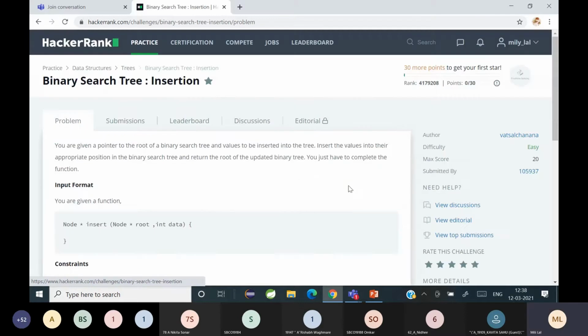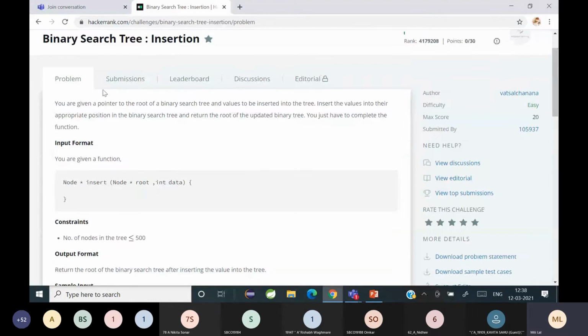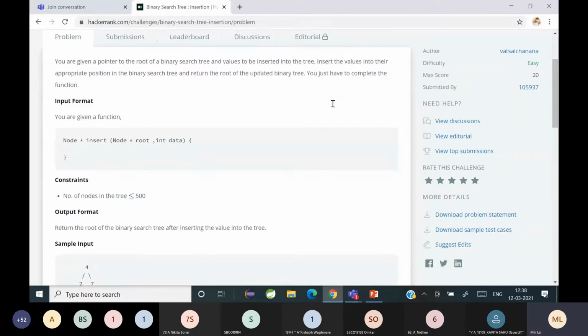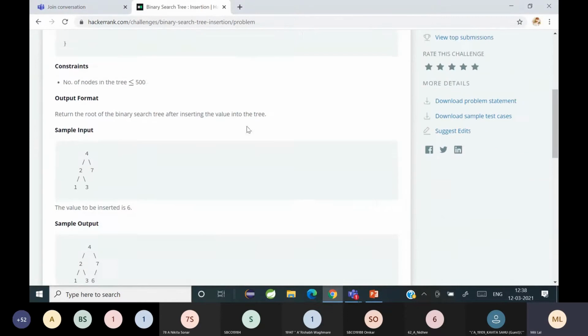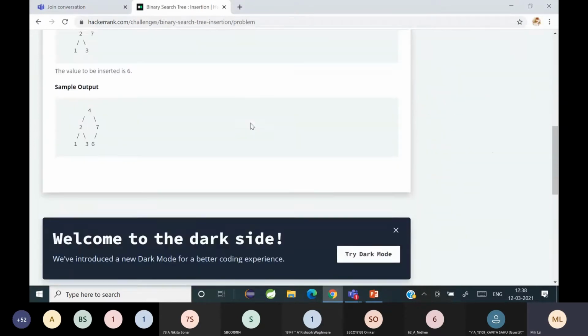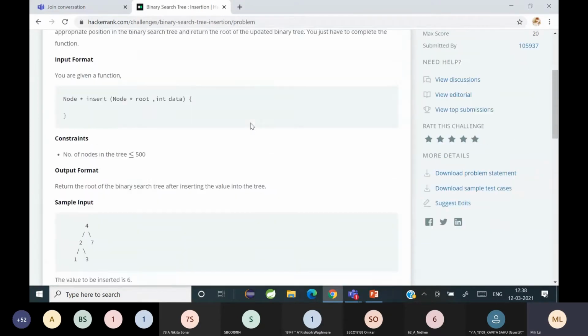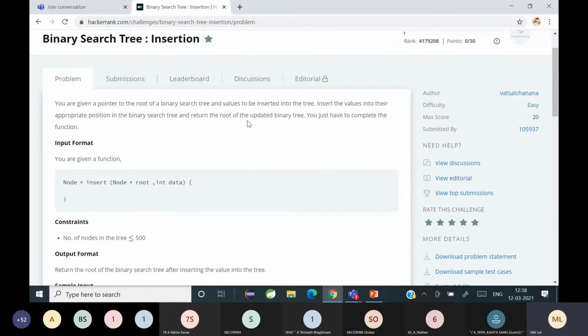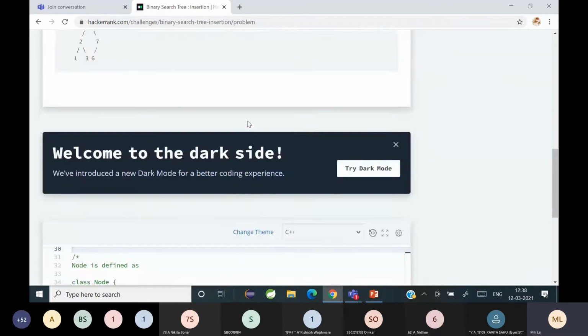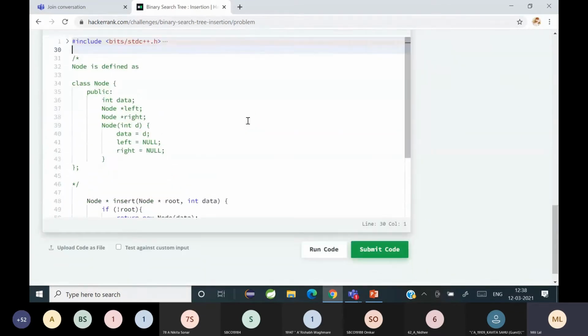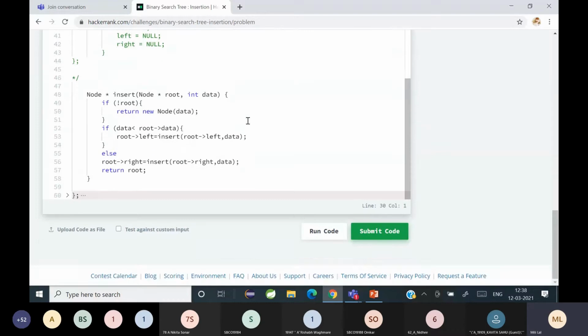Here they have given you the problem statement. You are given a pointer to the root of a binary search tree, and the values have to be inserted into the tree. You just have to complete the function. They have given a sample input and a sample output. We have already done binary search tree insertion in class.